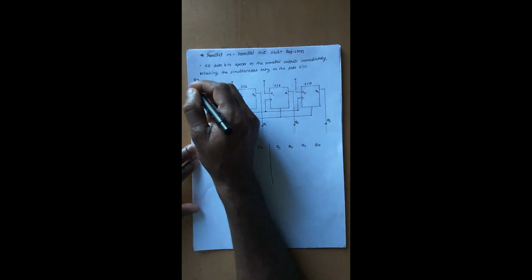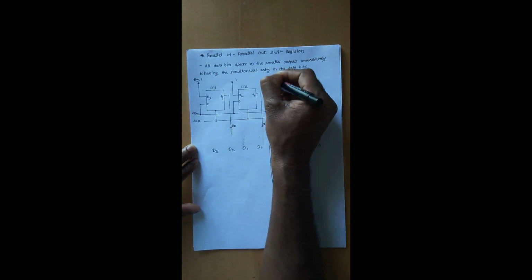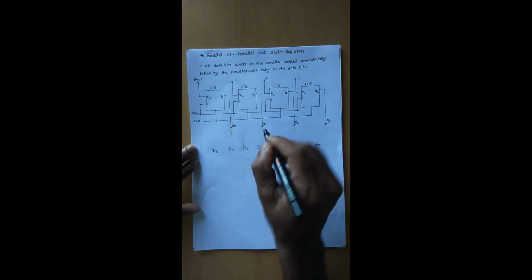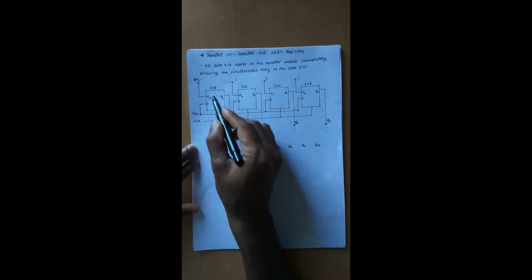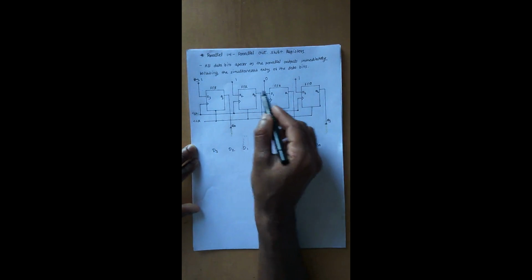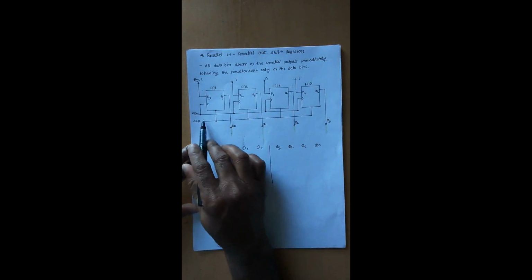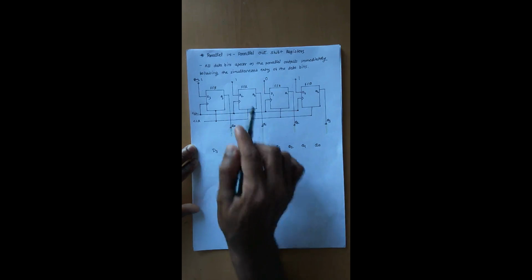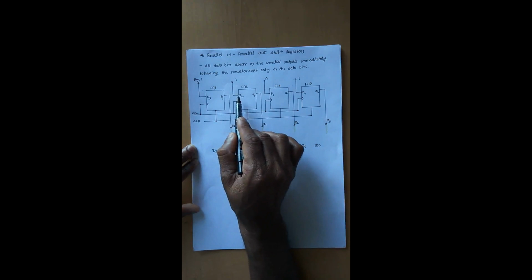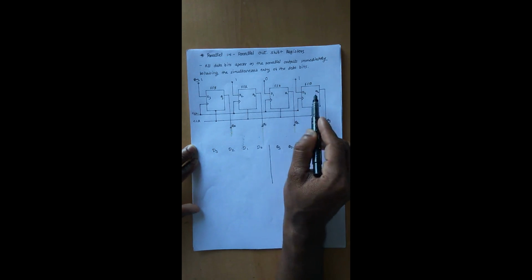In this way, we will take one example. In this example, we want to transmit 1 1 0 1. These are the parallel inputs. Why is it called parallel input? Because data is entered into each and every flip-flop simultaneously after the clock pulse is applied, which is not like the way where the output of the first is the input to the second, the output of the second is the input to the next one, and so on.